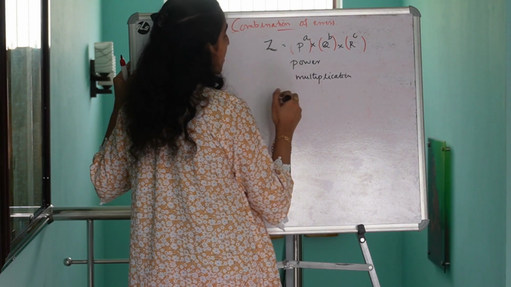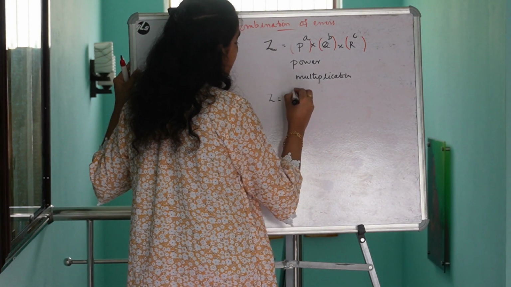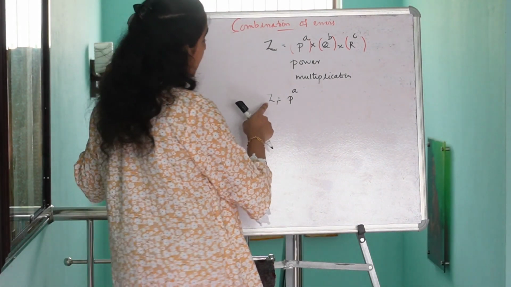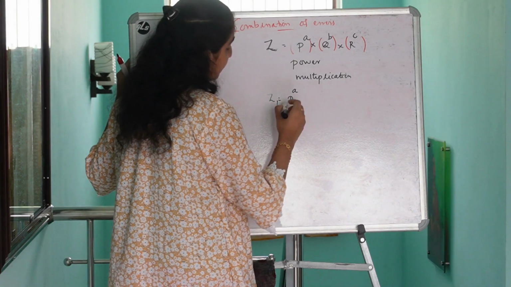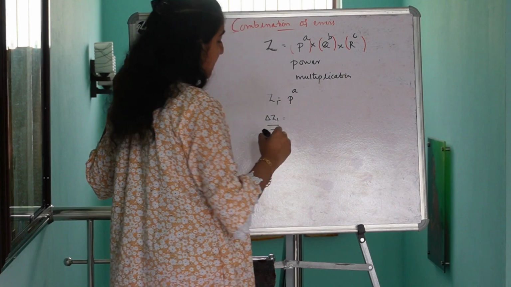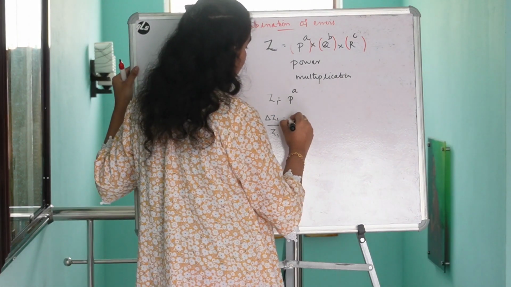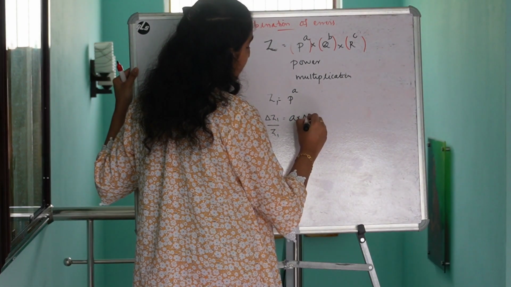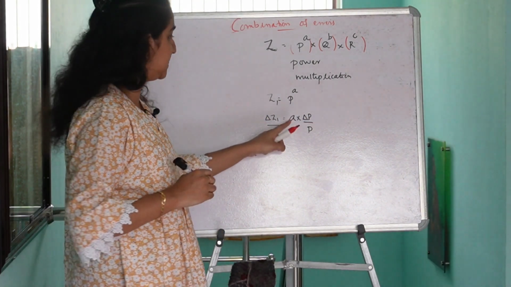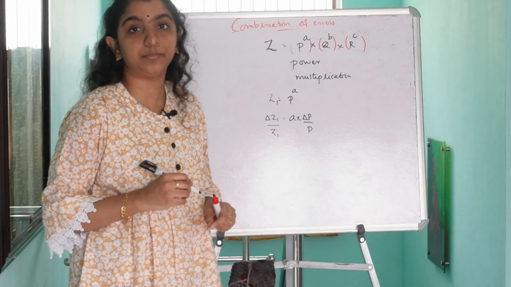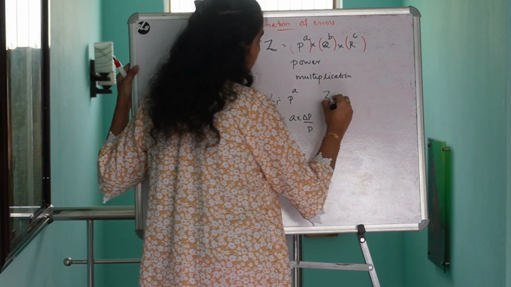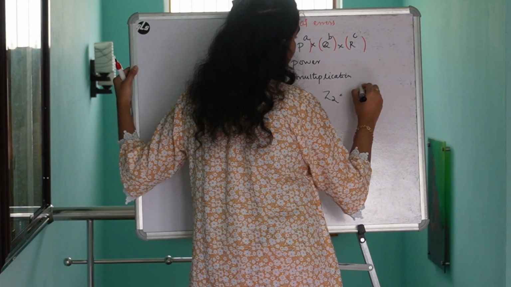So here, what is the maximum possible error if it is given z1 is equal to p power a? It will be del z1 by z1, which is equal to a into del p by p. Is it clear? Then if suppose it is given z2 is equal to q to the power b, we can say the relative error in z2